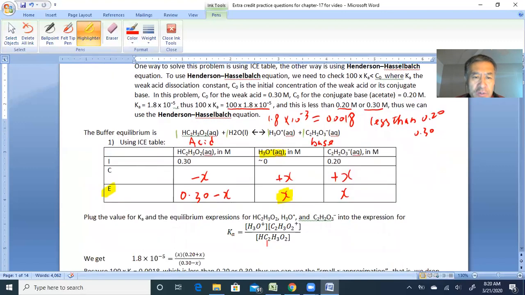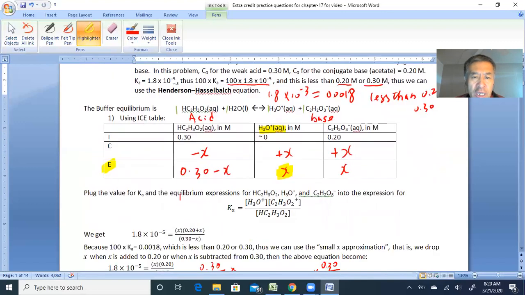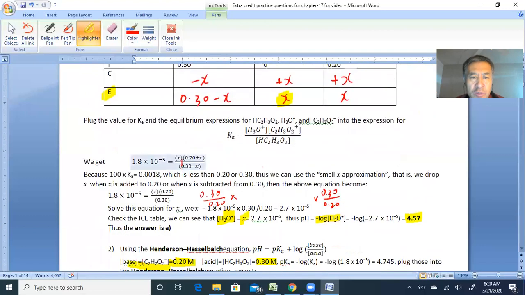Then we plug those values for the acid, the H3O plus, and the conjugate base into the Ka equilibrium expression, and we get this equation here. Because we already know 100 times Ka equals 0.0018, which is less than these two initial concentrations,